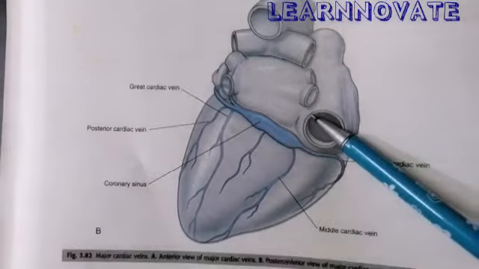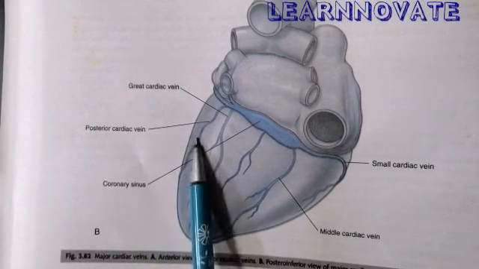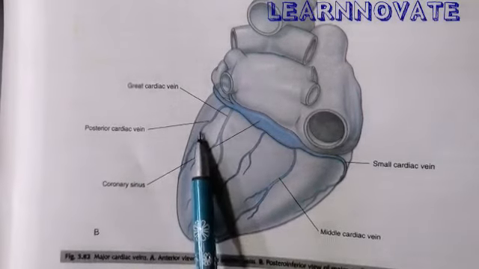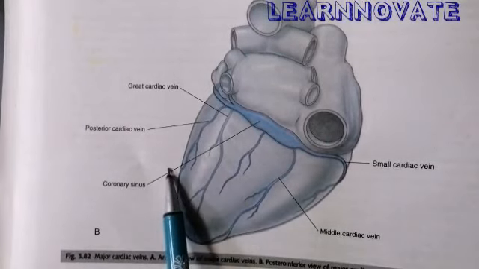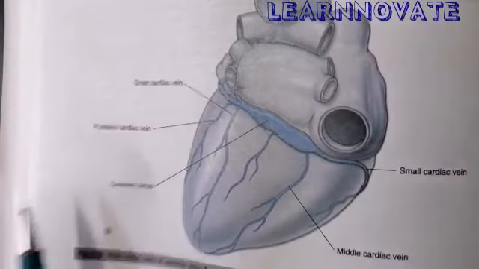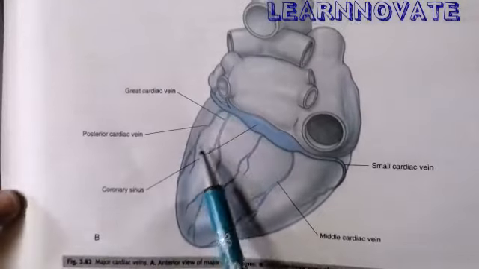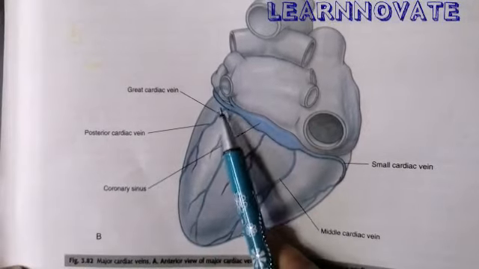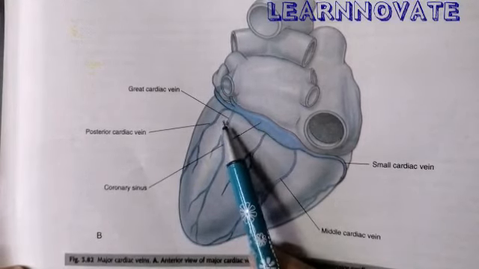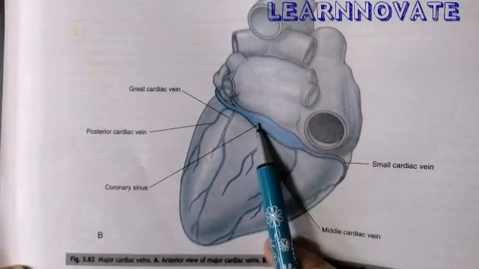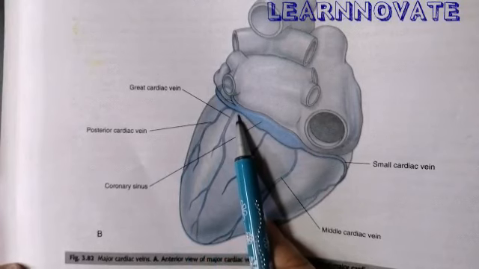The third vein we can see here is the posterior cardiac vein, that is also present on the posterior side, mostly towards the left side of the middle cardiac vein. This posterior cardiac vein is mostly on the lateral margin of the heart, the lateral side of the heart, on the left ventricular area. This posterior cardiac vein is going to drain into the great cardiac vein, or it will drain into the coronary sinus. If this vein enters the great cardiac vein, then from the great cardiac vein the blood is going to drain into the coronary sinus. But this posterior cardiac vein can also enter into the coronary sinus directly.